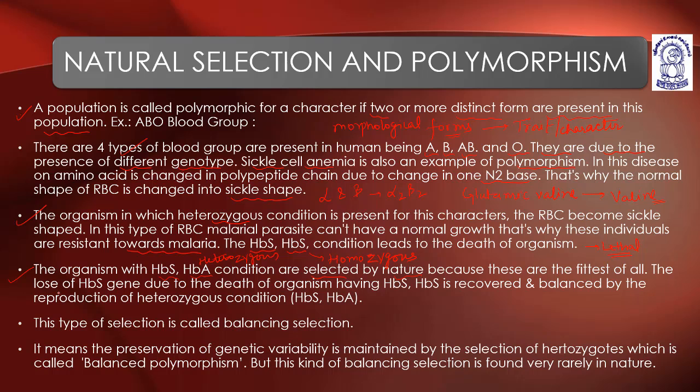The loss of the HbS gene due to the death of organisms having homozygous HbS is recovered and balanced by the reproduction of the heterozygous condition. So the loss of the HbS gene due to the death of the organism can be recovered by the next coming progeny in the form of heterozygous condition, that is